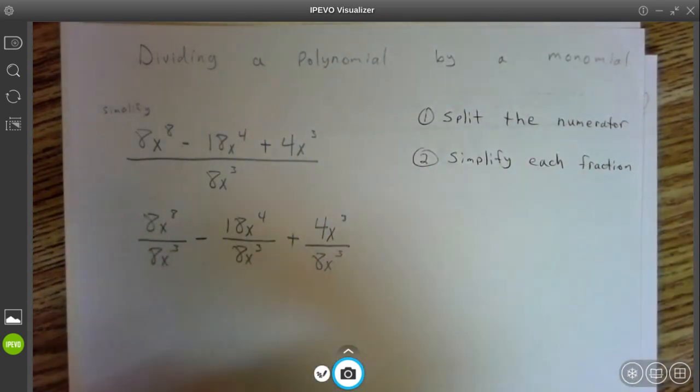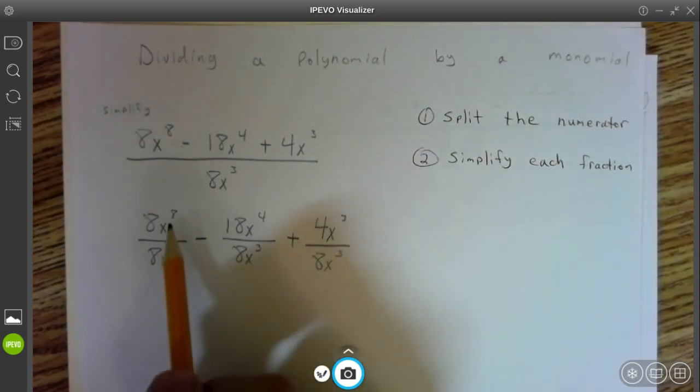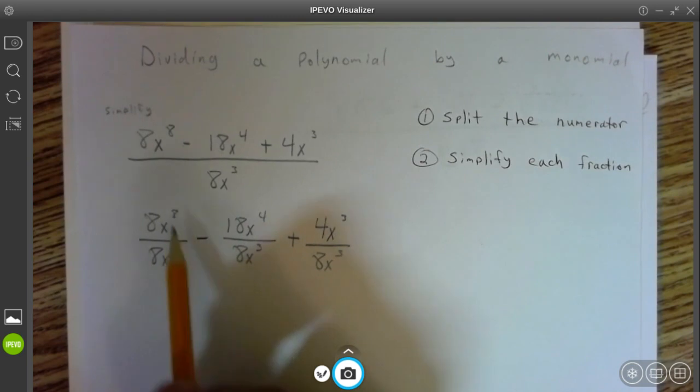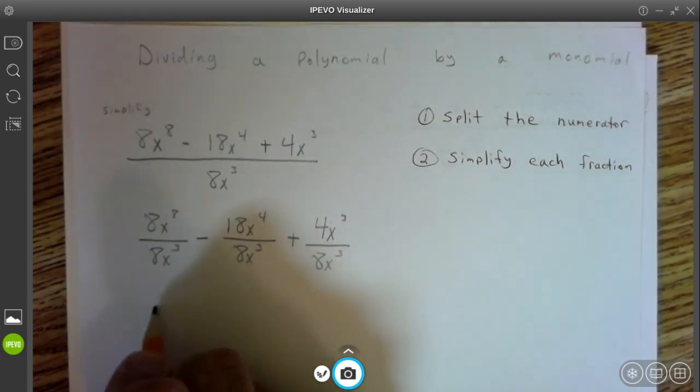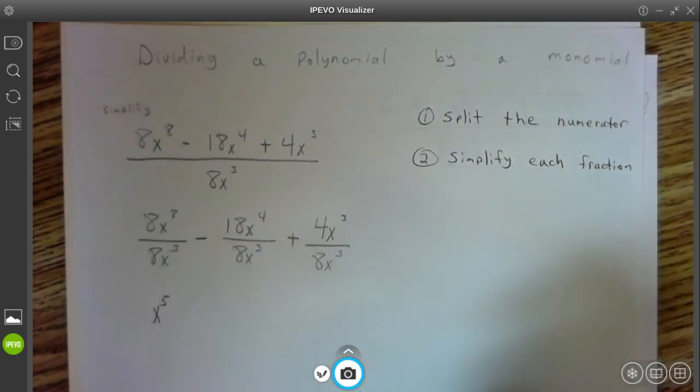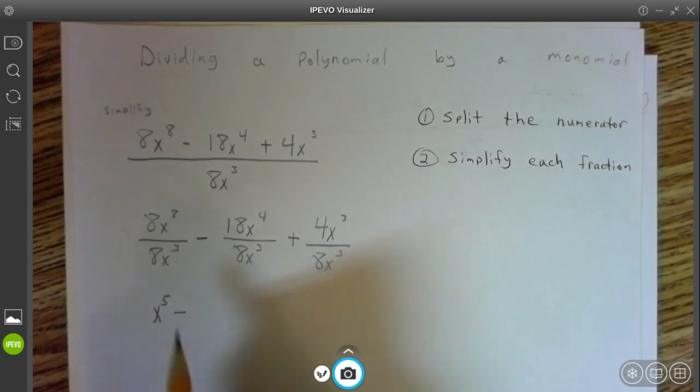So 8 divided by 8, that completely simplifies. It goes down to 1. Then you've got 8x up top, 3 down below, so you subtract those exponents, and you're just left with an x to the 5th power. I guess there's a 1 here, but you don't have to put it. And then minus